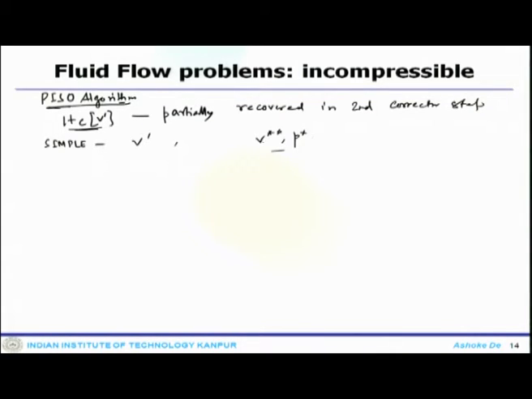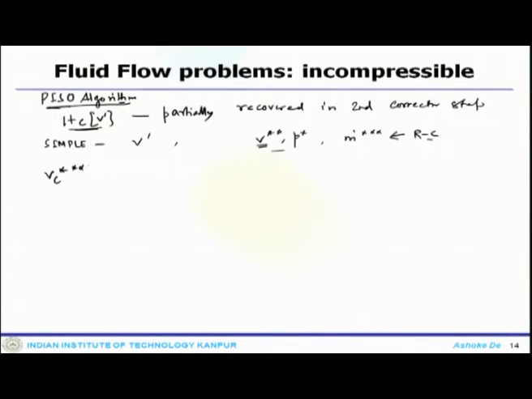The new velocity field V star star is also used to calculate the m star star at the element faces using Rhie-Chow interpolation, and this term Hc V prime is also partially recovered,